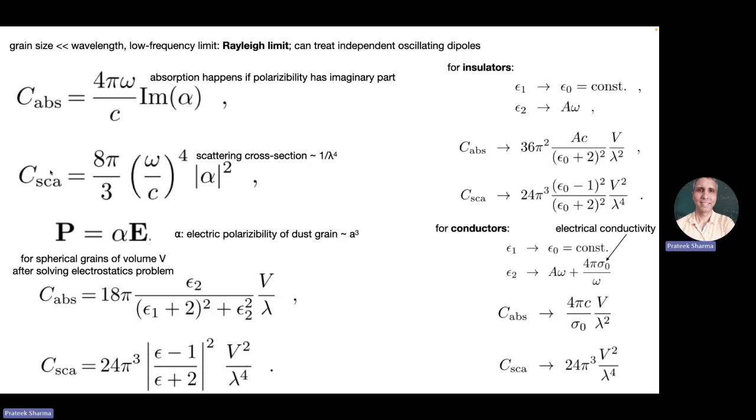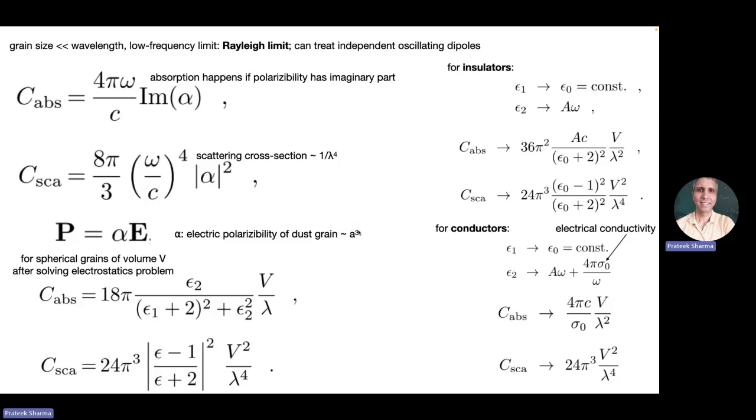The scattering cross section, on the other hand, goes like this. Here is that famous 1 by lambda to the 4, right? Omega by c to the 4. This can also be derived from the dipole radiation formula, which also goes like this. If you look at the dipole, the power formula for radiation goes like acceleration squared. Acceleration goes like omega squared x. So this is omega to the 4. Okay, so I'm just stating it. These are not derived in any way, but at least some of this we have come across in some form earlier.